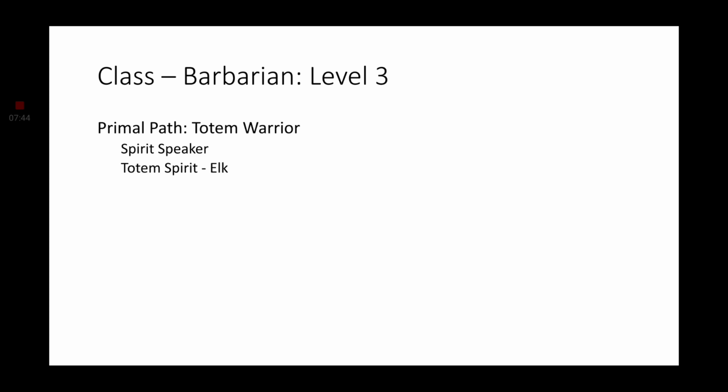Level 3 Barbarian is what we're focusing on, and that is the Primal Path of the Totem Warrior. This will give us Spirit Speaker and the Totem Spirit. We're going with Elk. That is because while we are raging with the Elk Totem, we get an extra 15 to our speed, making us a nice 55 movement speed for baseline. For level 4 Barbarians, we're just going to grab the Mobile feat, giving us an extra 10 to our movement speed,